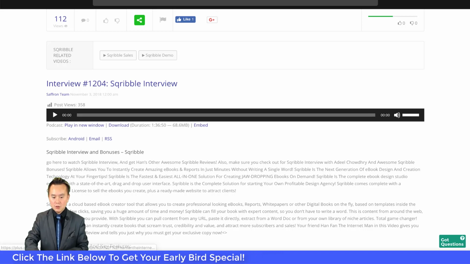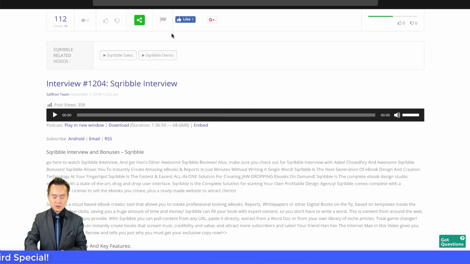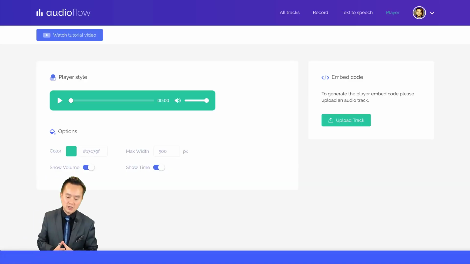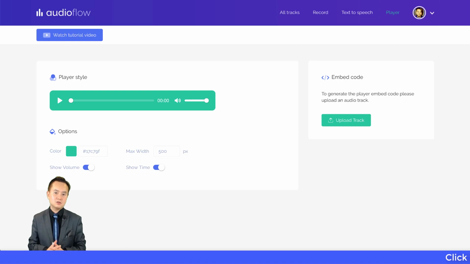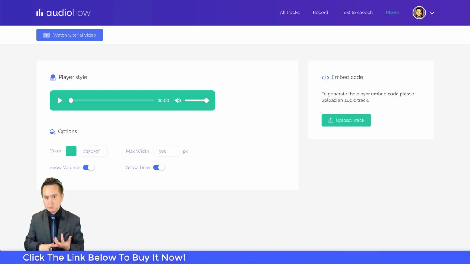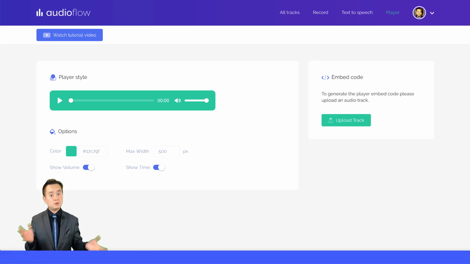So basically, what this player is going to replace is something like this over here. Okay, it's just personal preference, and I felt the player is just extra. It's not something that you should buy this software for. You should buy this because of the music, the professional design. You should buy this because you need some way to record your voice, and you need text-to-speech in many different languages. That's the reason you should buy this.